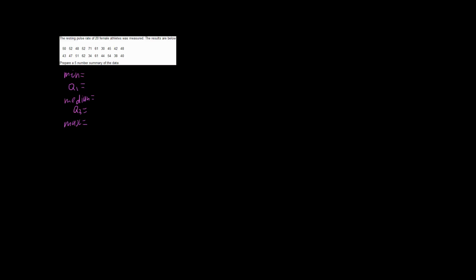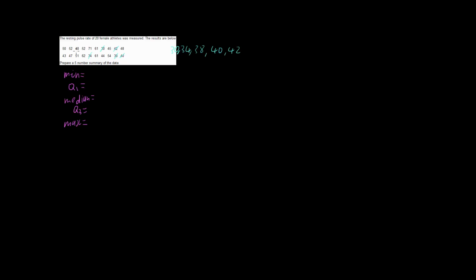So the easiest way to find these things is to put them all in order. So let's see if we can find our smallest one, which looks like it's going to be 34. So we'll have 34, and then we're going to have, say, 38. And I've even found an even smaller number. We have 30. After 38, we have no more 30s, so let's look at the 40s. I have a 40, I have a 42,